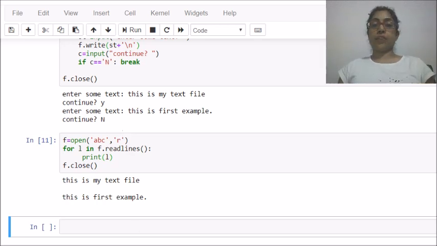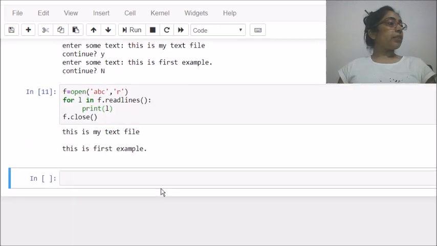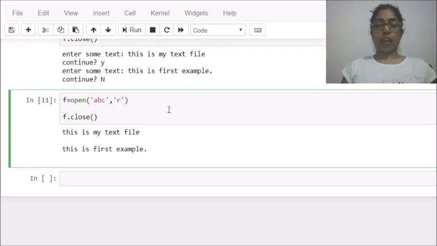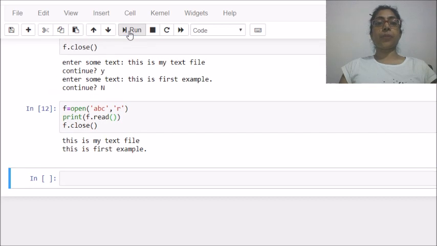So I will take first question, that is display entire content of the file. To display entire content of the file, I need not do much, only I have to write print f dot read. It will read whole content and display it.